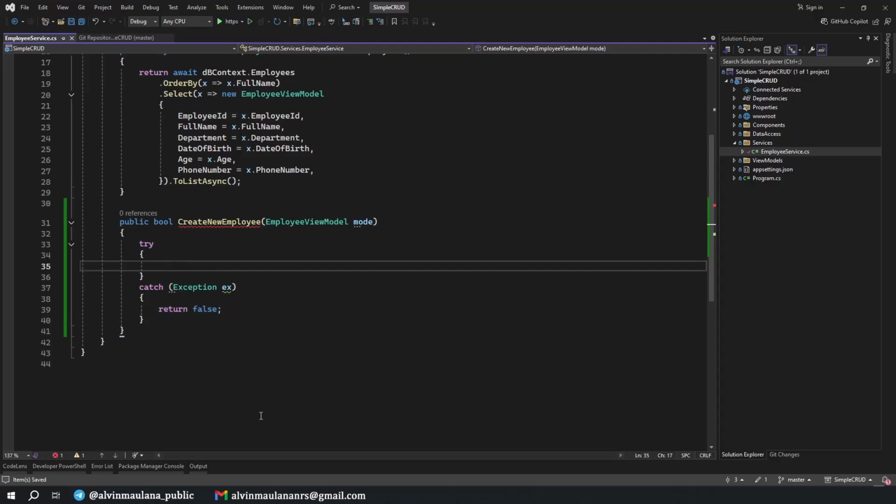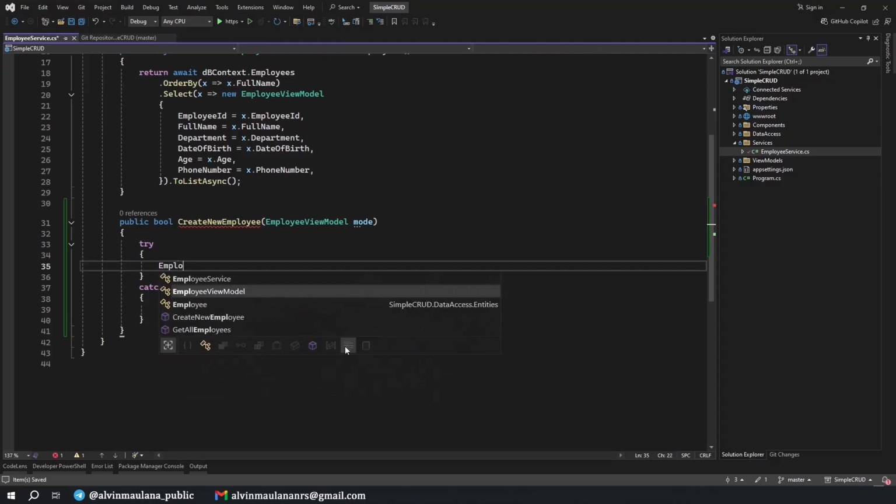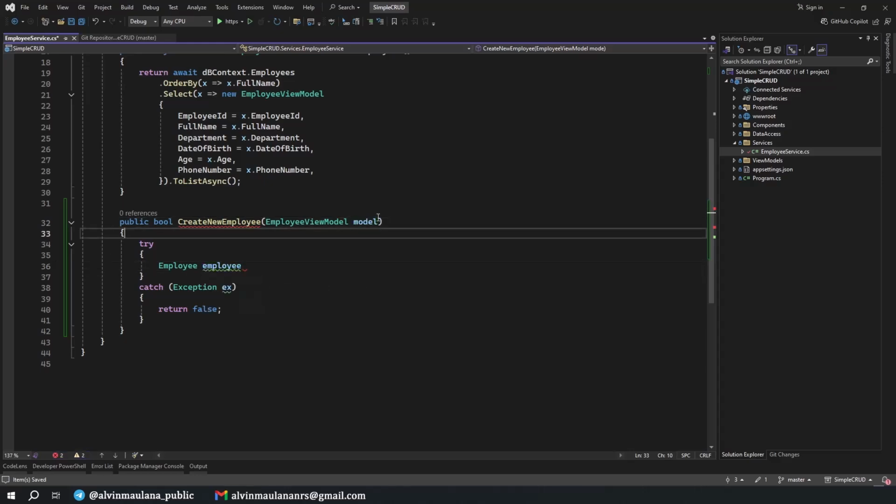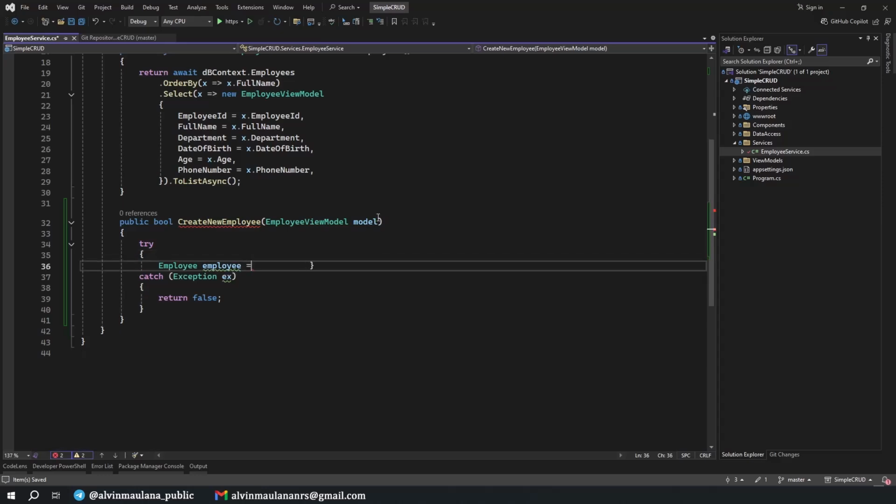And then first, what we need to have is an employee entity, employee. Oh, this one should be model. Employee and new employee. So what we do in here, we map it from the view model into the model in our entity.